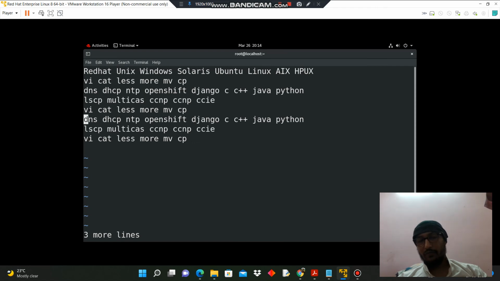How do you quit this file without saving? So to quit the file without saving, type :Q And if you want to forcefully